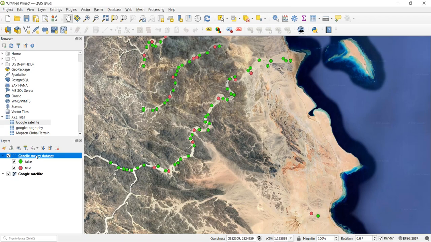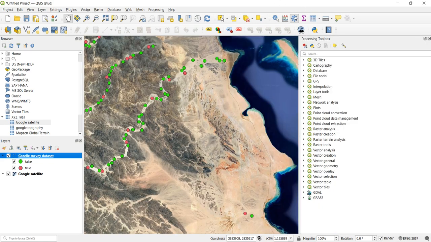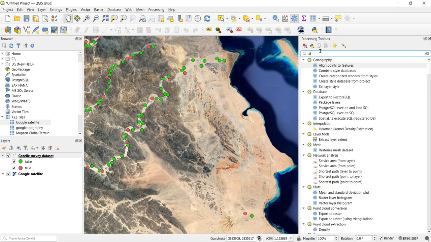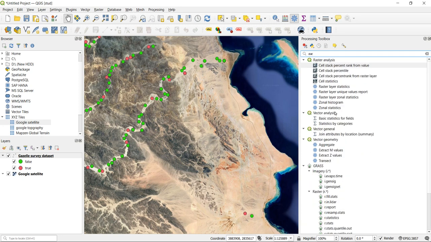Now let's start to have some analysis with our point data. So we will go to the toolbar, click on it, search for the word stat, and then go to statistics by categories, double click,